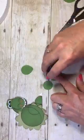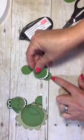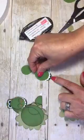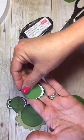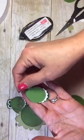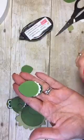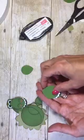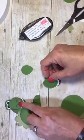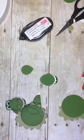And I added a little more snail, and then took the 1 inch underneath of that, layered it down there. See that? Oh, thanks for the hearts. Lindsay will be excited. Those were pink hearts. See that? So that's how I got his little smile down here. And then for his nostrils here, one of my punches that stays out all the time, I use it constantly,